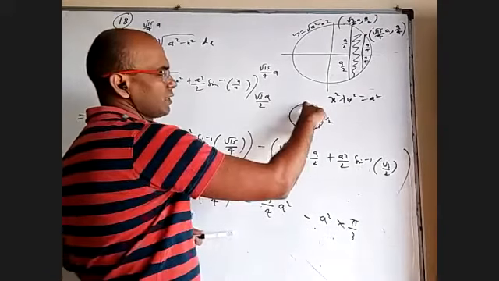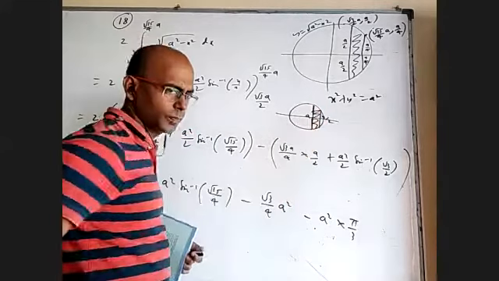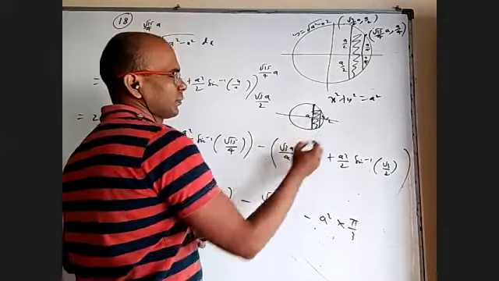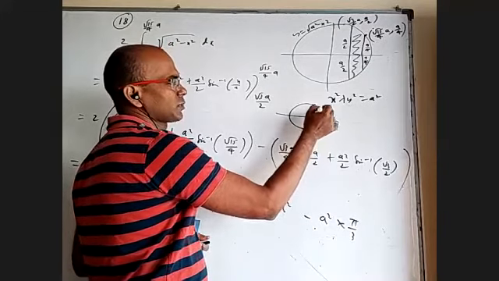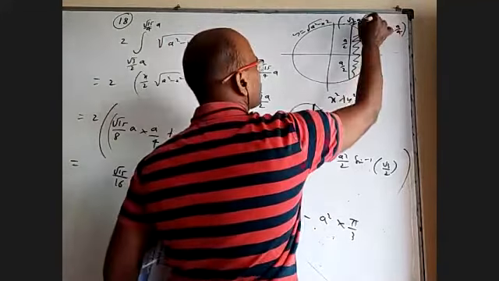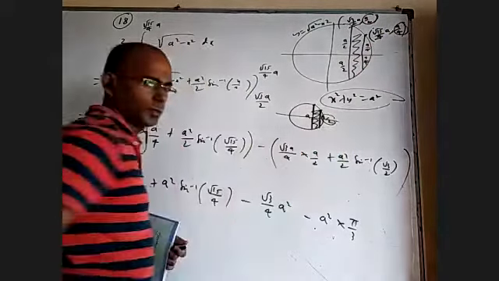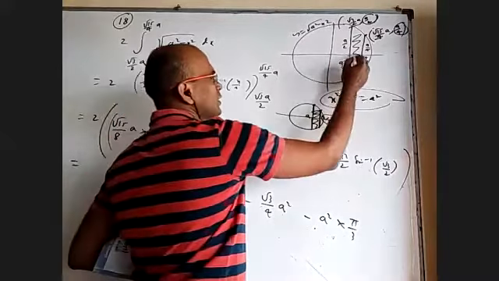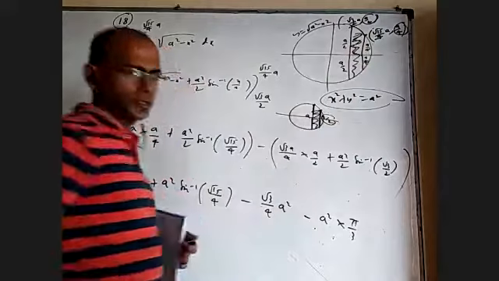Okay, this A will tell me that if I draw the x-axis here, this height is A by 2, this height is A by 2. That is the y coordinate of this point. Similarly, this is A by 2, this height means this is A by 4, this is A by 4. So the y coordinate of this point is A by 4. I know the y coordinate here, the y coordinate here. Based on that, I got the x coordinate from the circle equation. So I know the x coordinate here, this curve equation, find the area under that, double it.